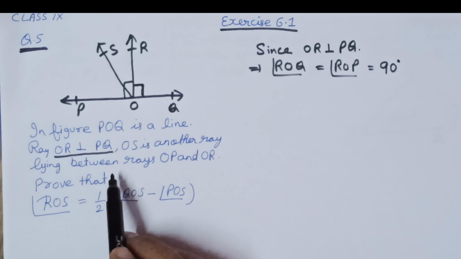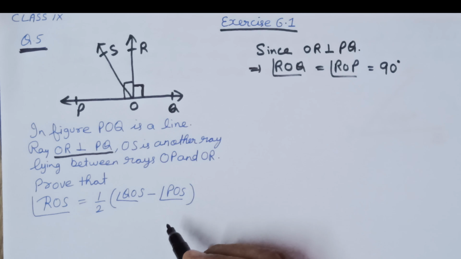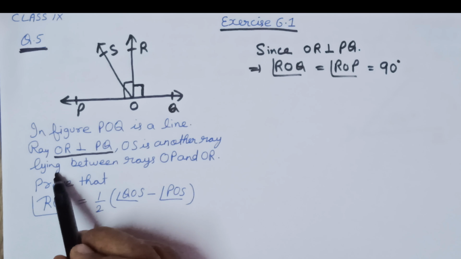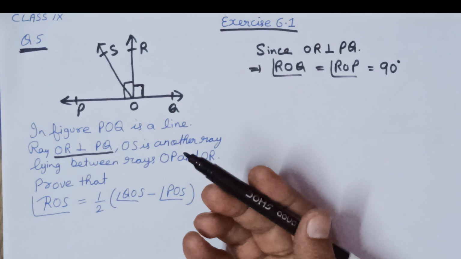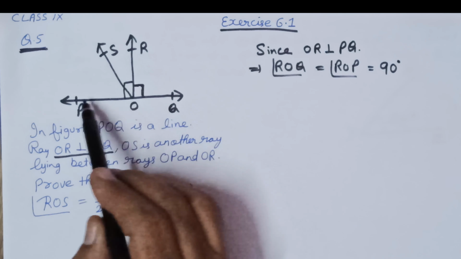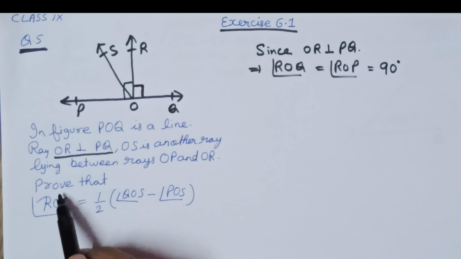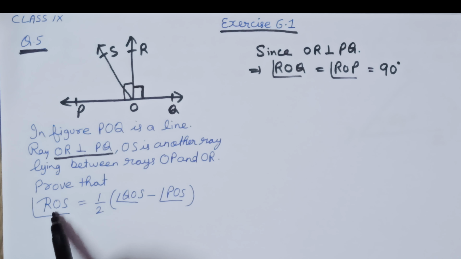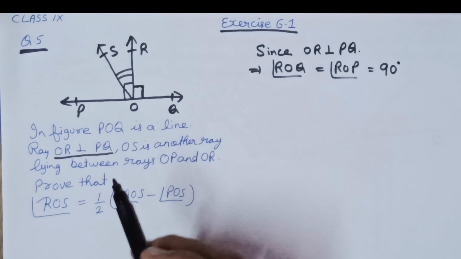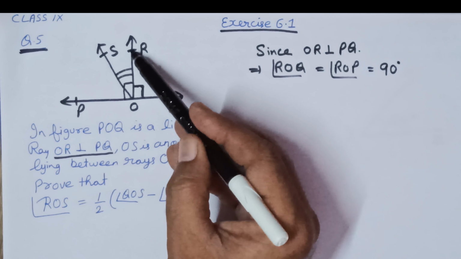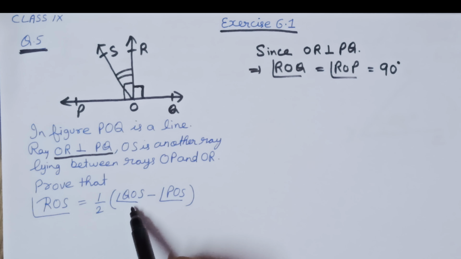Now what is given? OS is some another ray lying between OP and OR as drawn. Understandable. It is just understandable because it's visible between OP and OR. Prove that ROS, this very angle. Very important question, very interesting question. ROS will be equal to half of